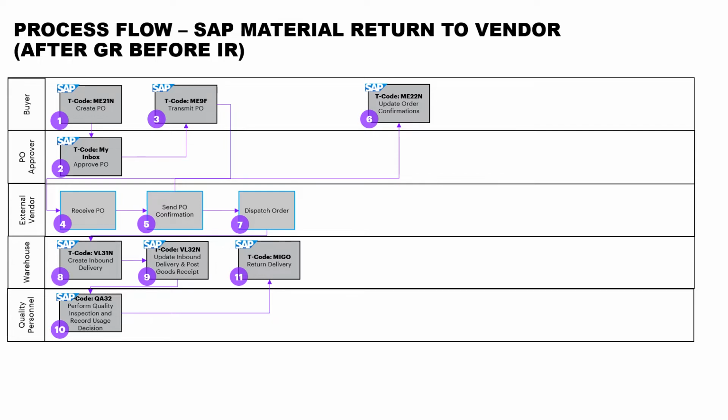Okay, now of course, quality personnel, they can post materials into unrestricted status as well, because perhaps they are examining on the content of the material, and even on the unrestricted status, because the content is fit to use, but physically if the material is damaged, warehouse can still post the return delivery through the Migo steps as well. All right,